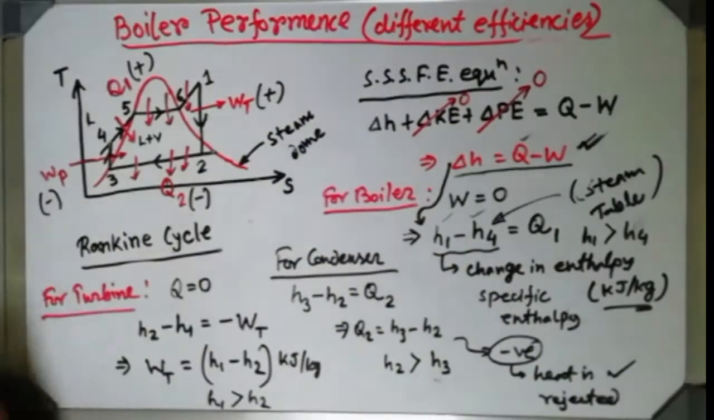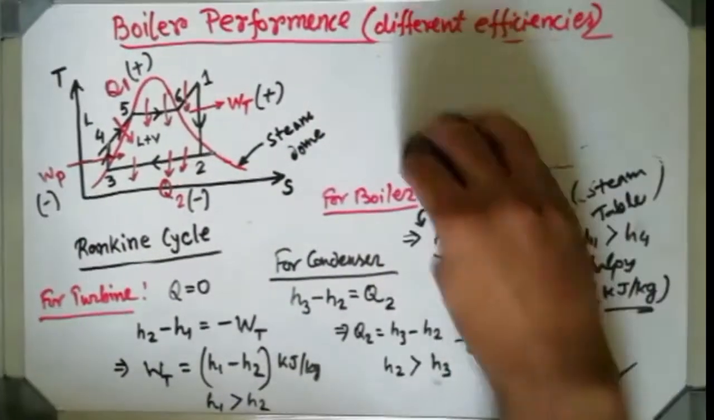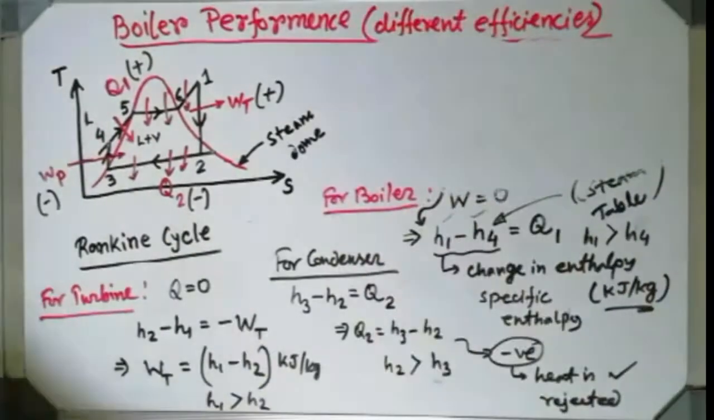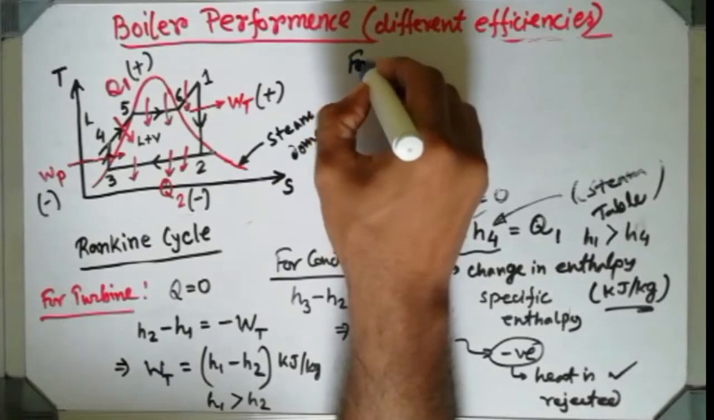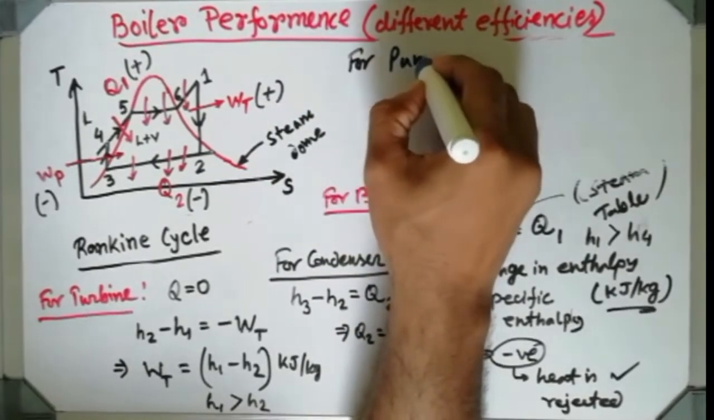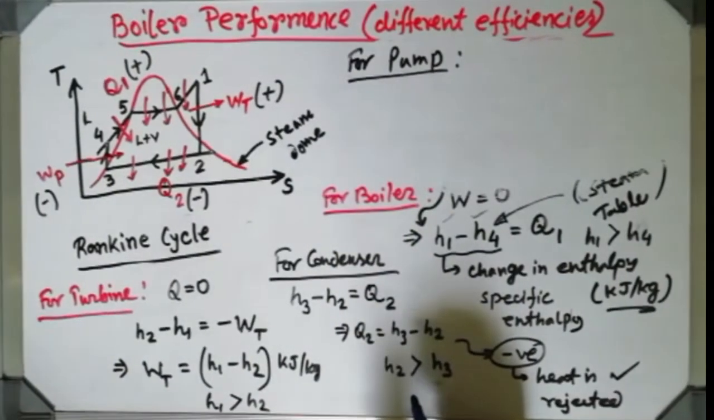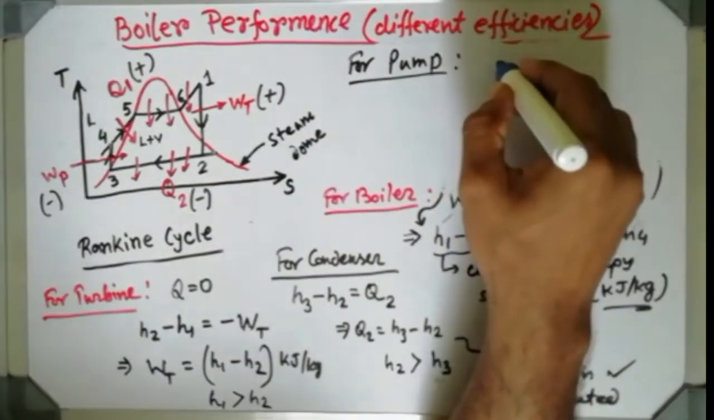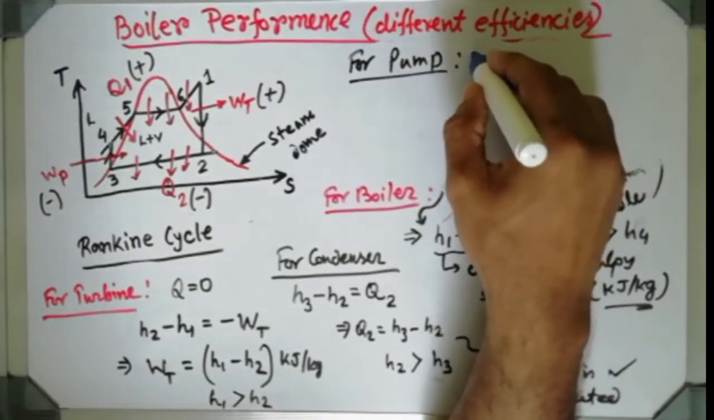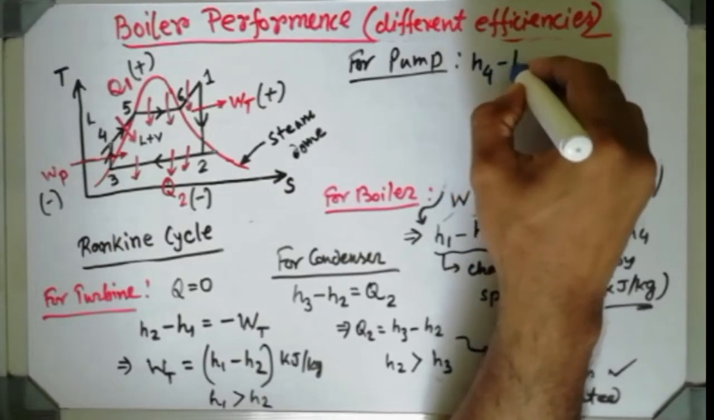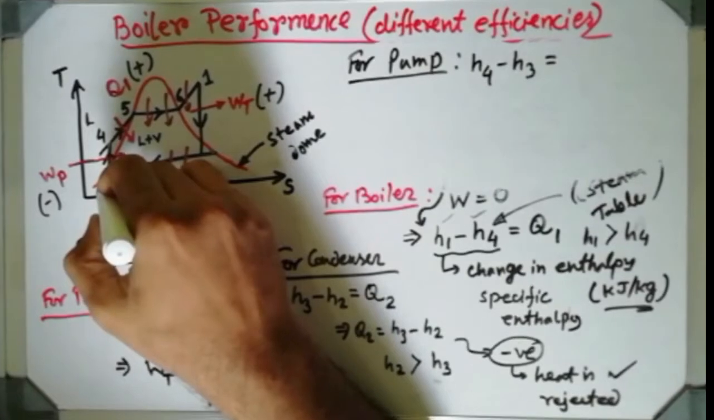Now coming to the last part, I am wiping this part so it will give you some space. Otherwise it will be a small board actually. So if I go for the last part, that is the pump. We all know the pump is also a work consuming device. So in the case of the pump also, I can write the same equation, right? Change in enthalpy, that is H4 minus H3, final enthalpy H4, initial enthalpy H3,